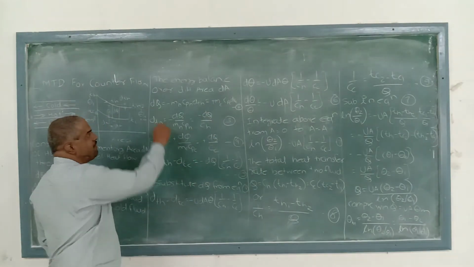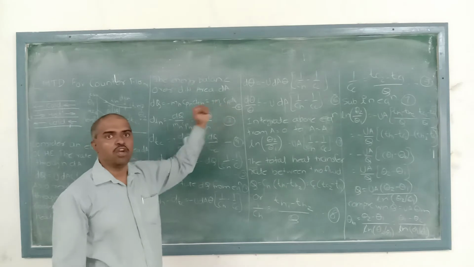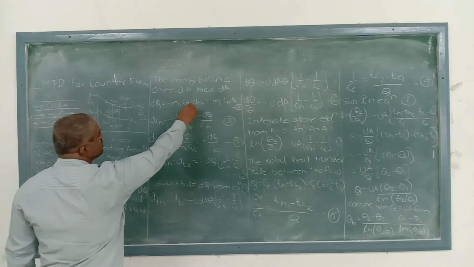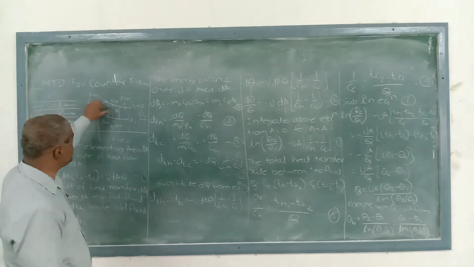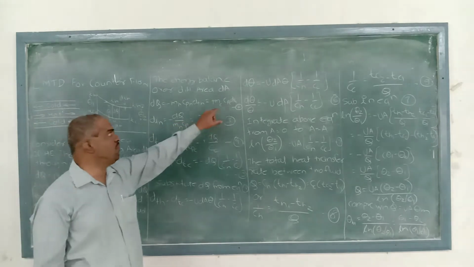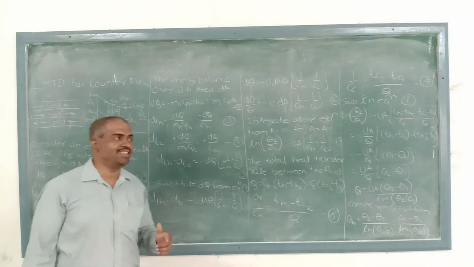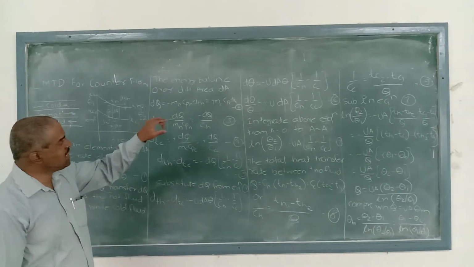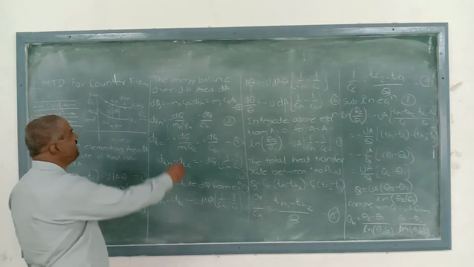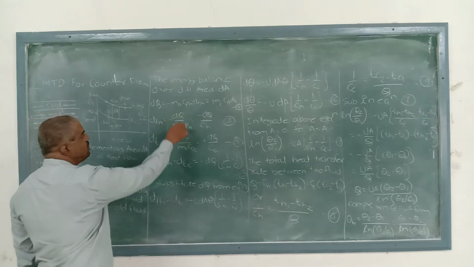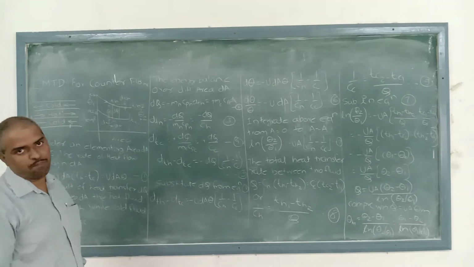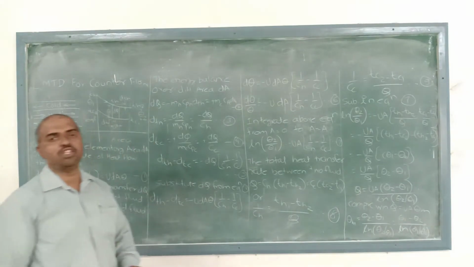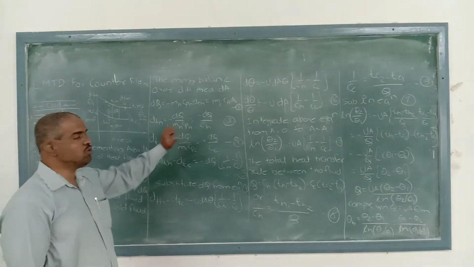So in the energy balance equation, the hot fluid gives heat to the cold fluid, so the amount of heat transfer dq is equal to minus mh cph dTh for this small elemental area. For the cold fluid, dq is equal to mc cpc dTc. This is equation number 2. From equation number 2, we can write dTh equal to minus dq upon mh into cph. And in the previous derivation we discussed what mh into cph means.